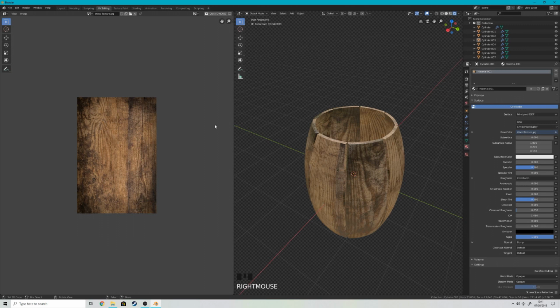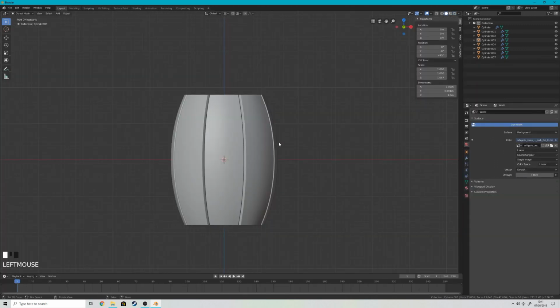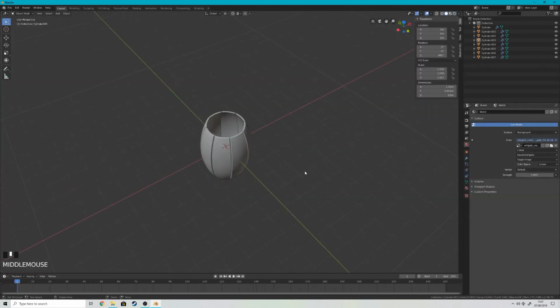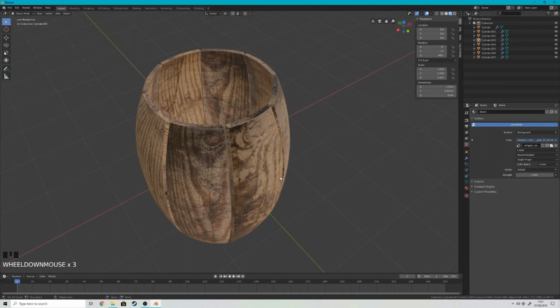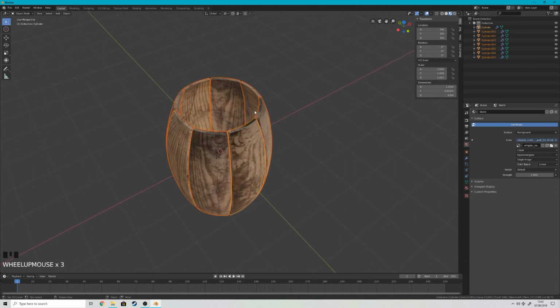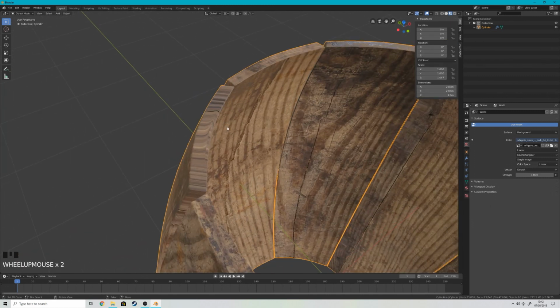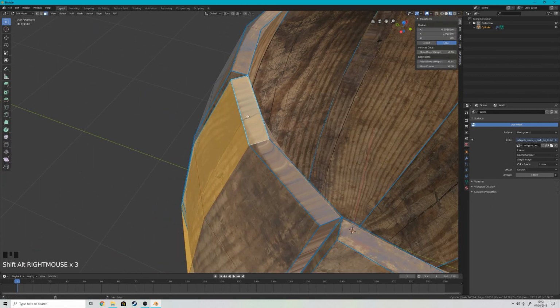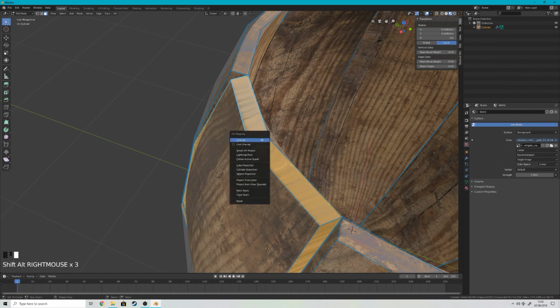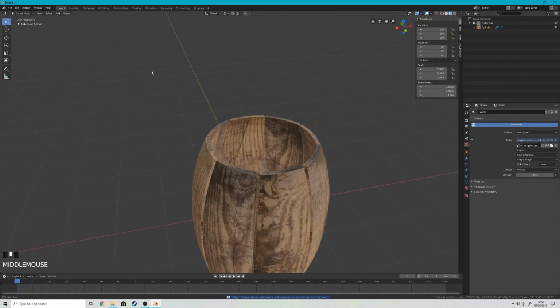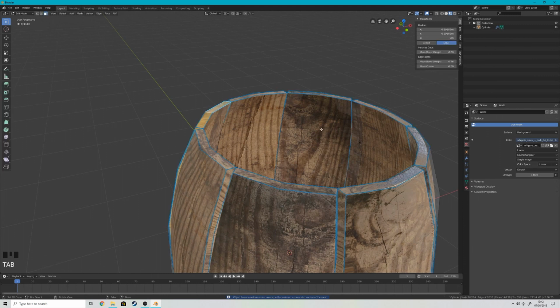Okay, so here we are. Now we need just to select all of them and join them together. And I see this one is perfect, so that's fine. Okay, so now we need just to select all these edges